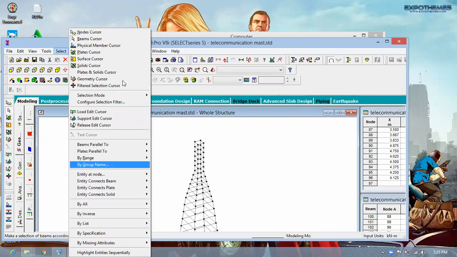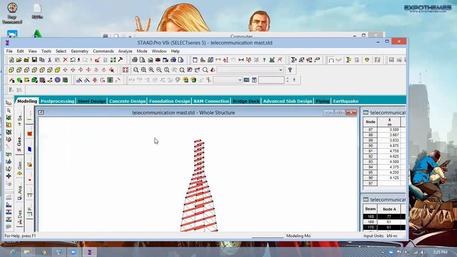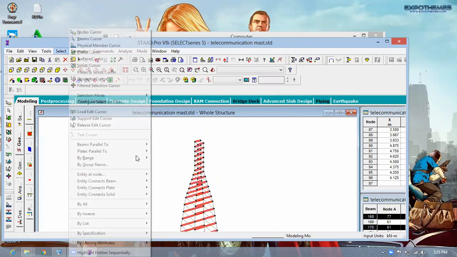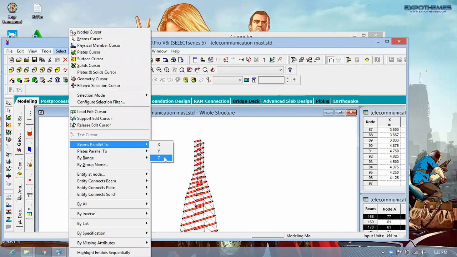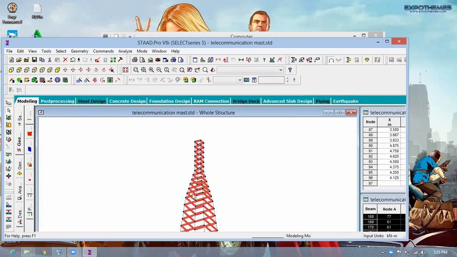So I'll go to select, go to beams parallel to X. It will select them, and I'll go back there, beams parallel to Z. So once all these are selected, the next thing is